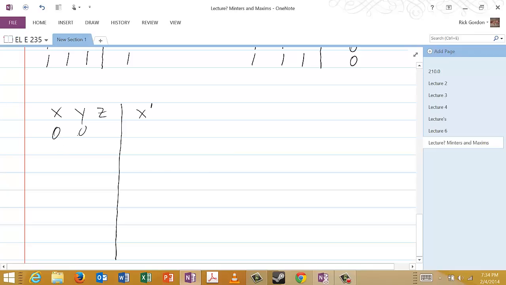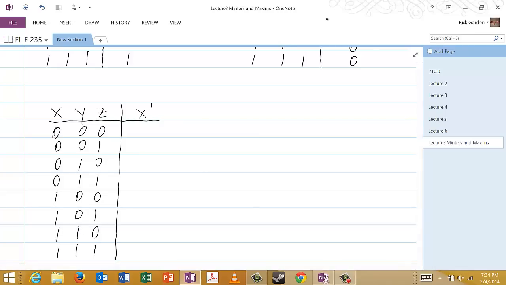And so if we drew up the truth table for that, we readily see that x prime is very easy to get the truth table for, because x is equal to 0 in the first 4 rows, so therefore x prime is 1. And in the last 4 rows, x is 1, so x prime is 0. And so this function as well, or this term, is clearly not a minterm